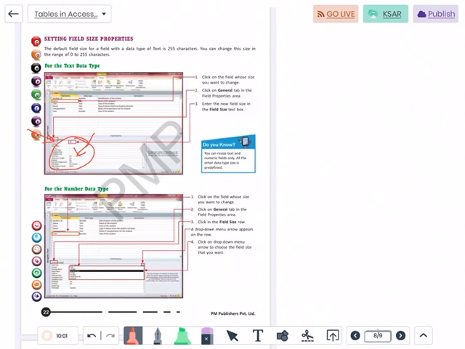Now for the number data type, what will we do? For the number data type, we have to just go to the Field Size row option and select the number option, that is Long Integer. For number, what do we normally give? Long Integer. For text, normally we give the text size, which by default is 255. For number it is quite advisable that you keep it to Long Integer, because otherwise there is a Short Integer option also.